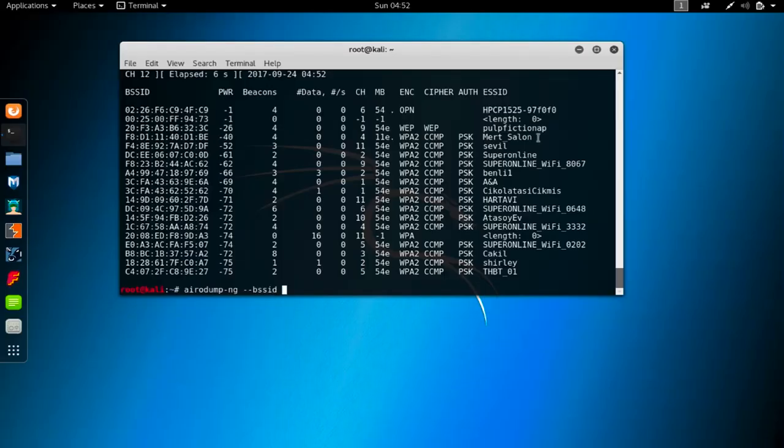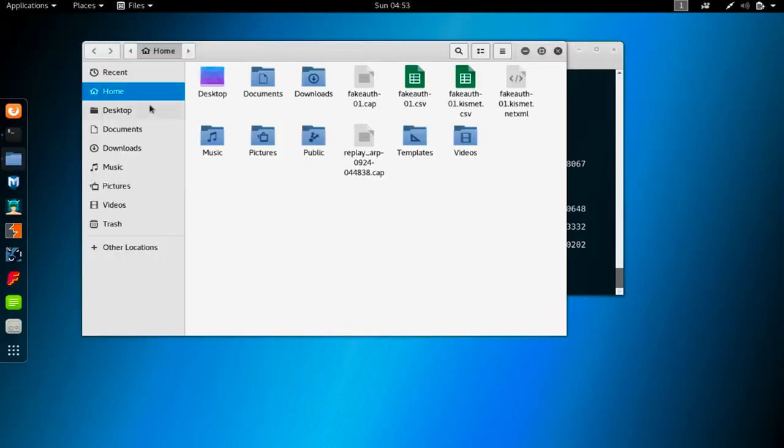So let me specify the BSSID, and I'm doing this fast because this is like the fifth time we are doing this. Okay, this is my BSSID, and then later on I will specify my channel to be 9,